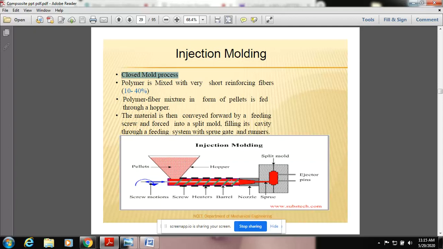Due to that, there is a chance of solidification of the resin starting. But if the resin is solidified, we can't transfer it from one position to another. Whatever the temperature of the resin at this position, it should be the same at this position, and that is maintained by means of heaters. We give constant heat so that the resin has a uniform temperature and passes from one position to another position. That was the function of the heater.